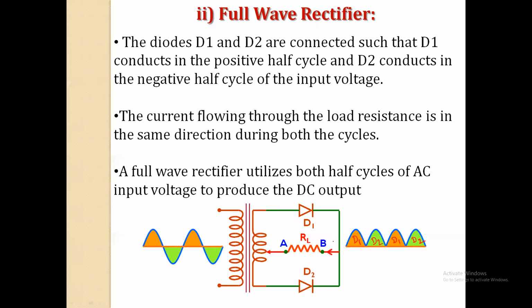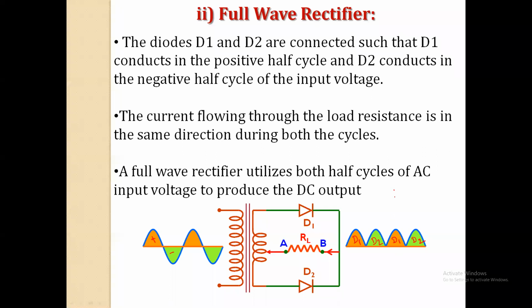So if you see the current flowing through this RL in every half cycle, positive as well as negative, the current flowing through RL is in the same direction, so the voltage developed across RL is unidirectional. That's why we get such types of output here. Is it right? And now, if you see the output of this center tap full wave rectifier circuit, can you say that this is a pure DC signal?